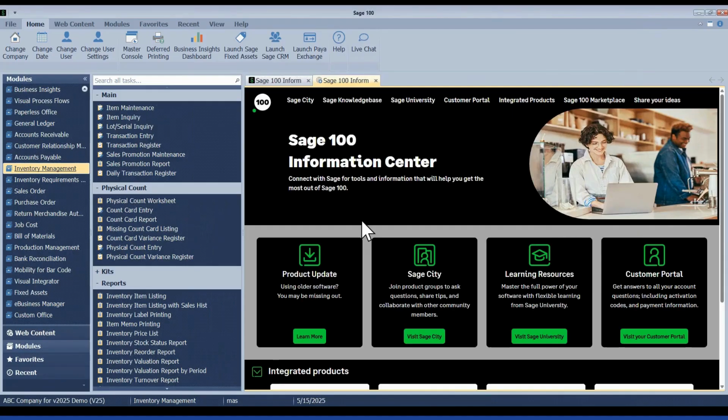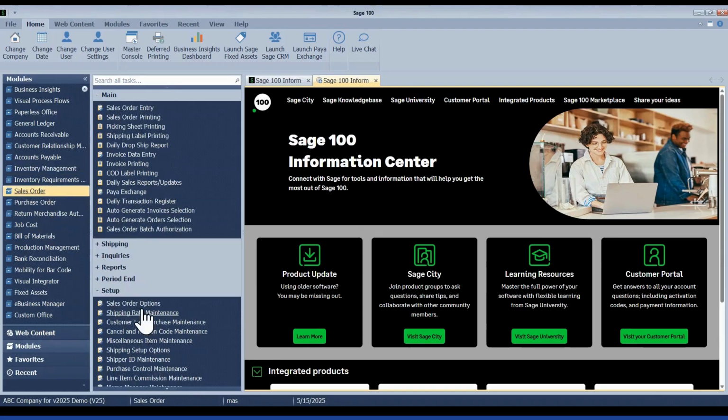All right. So those modules all had lighter changes. Now let's get into the two that I think they did some of the most with, which is sales order and purchase order. And on both of these modules, they have added audit tracking, which is a request that comes up quite often.